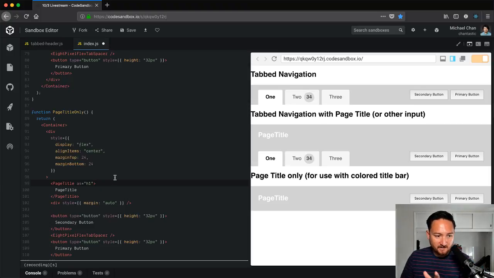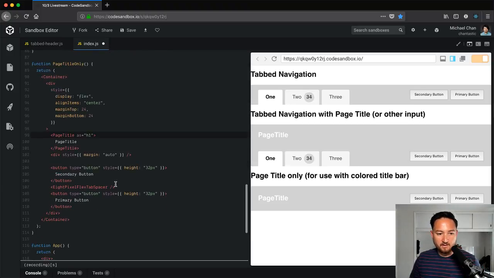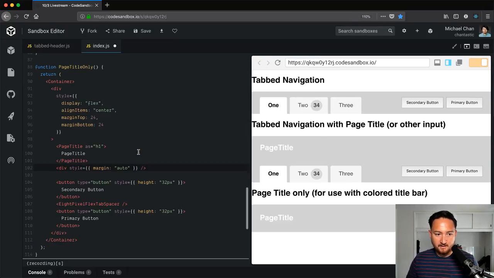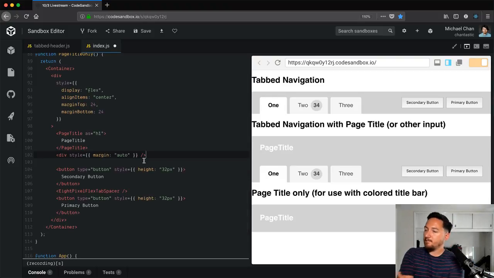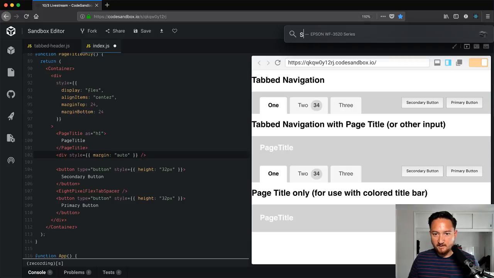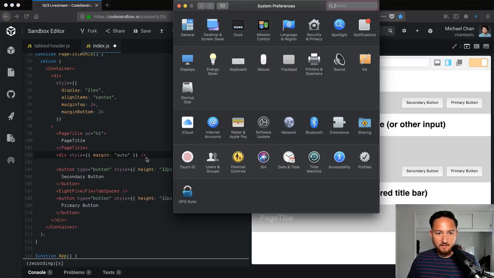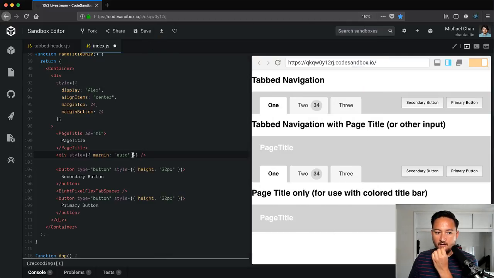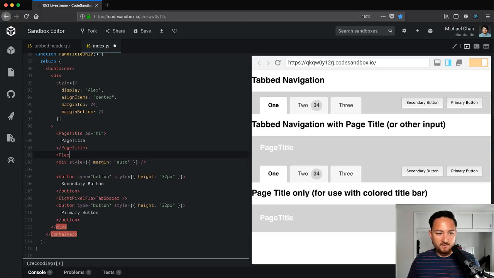Okay, cool. So we added the page title component. That's great. I feel like this next component is going to be a nice to have. I can't remember what they're called. I feel like OS X actually has a name for this. It's like a flexible spacer or something. Instead of wasting time on the name,